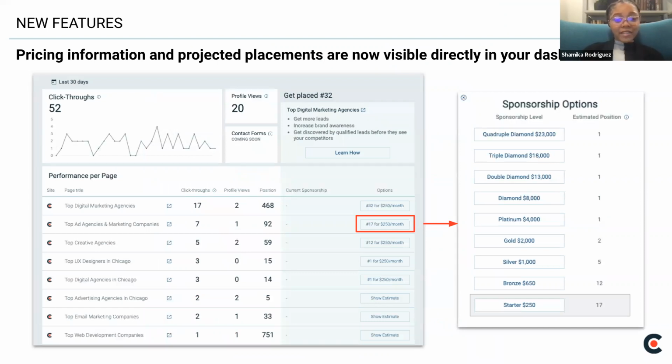You guys now have the same information the sponsorship team has directly in your vendor dashboard. So for each page, you can now see your current positions and even what positions you guys are projected to receive if you decide to upgrade sponsorship levels. So in this